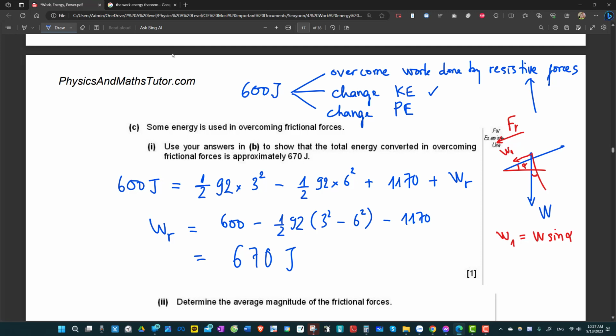The decrease in kinetic energy. Okay, she can climb the slope because she had an initial kinetic energy 1/2 mv², and this v was initially 6 meters per second, and therefore due to inertia she can still move forward going up the slope, and her velocity is decreasing like a function, a curve, and the final velocity at the top of the slope is 3 meters per second, which is less than 6 meters per second,